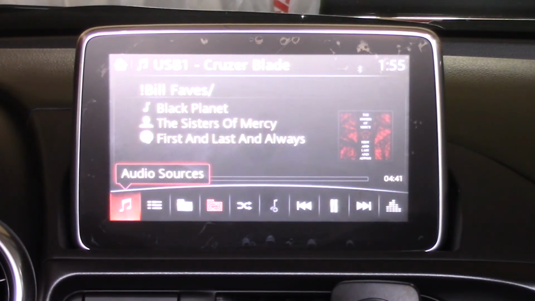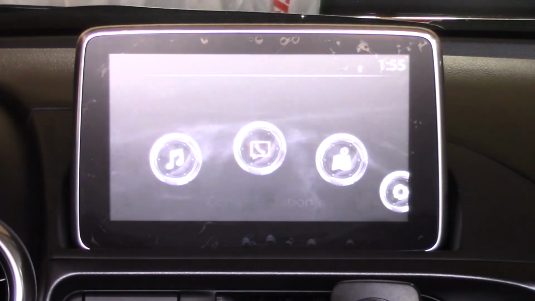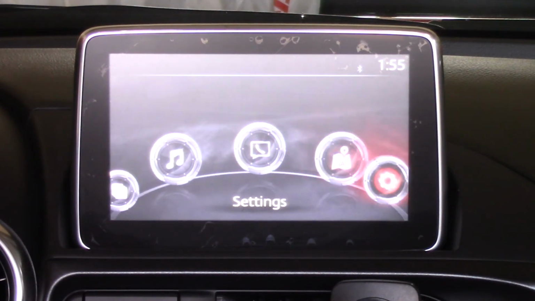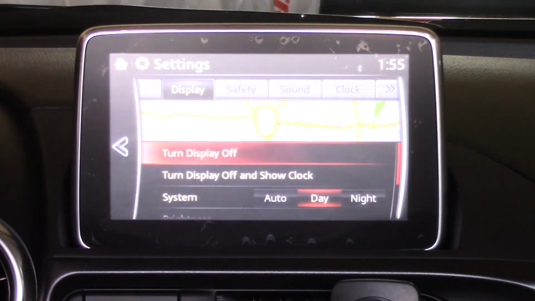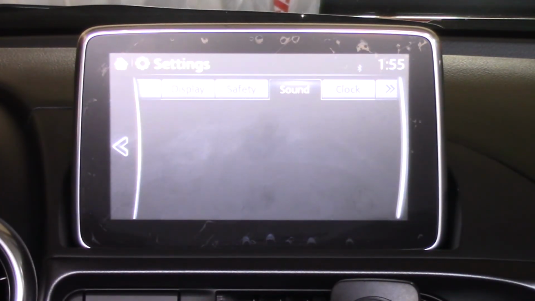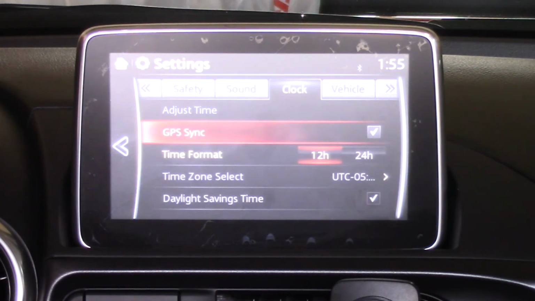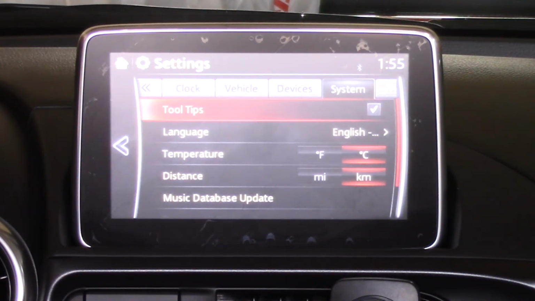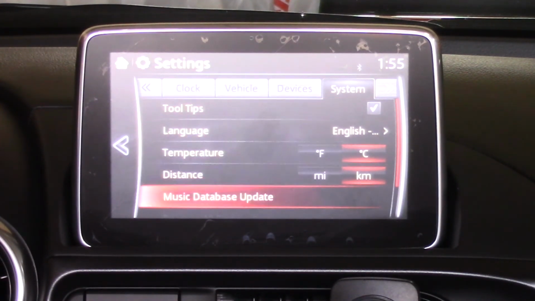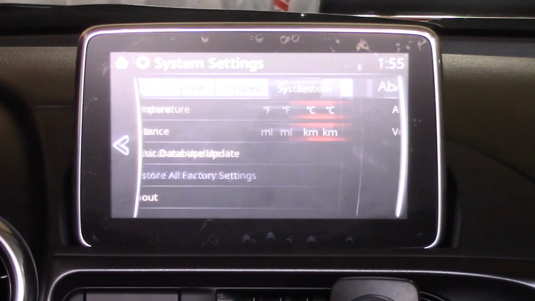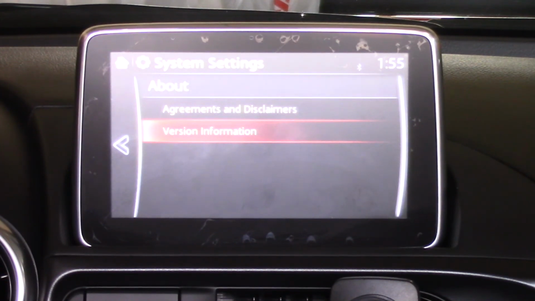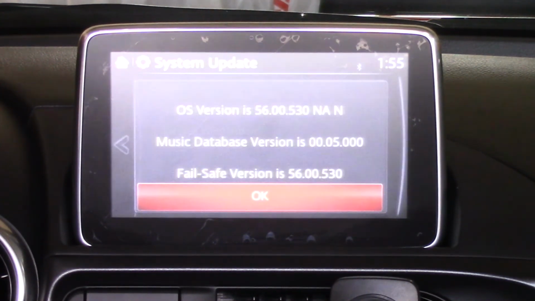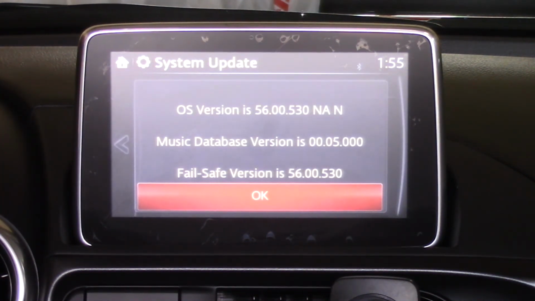Okay, so once we're booted, we go to the home screen and then we scroll right to settings, select that, and then we scroll right to system, and then we scroll down to about, select that, scroll down to version information, select that, and there you see the top line gives our operating system version. In this case it's